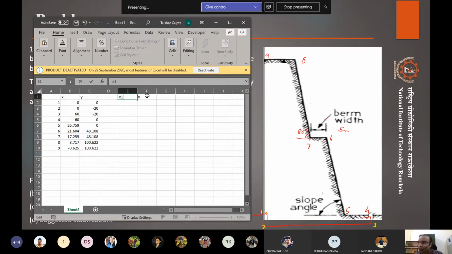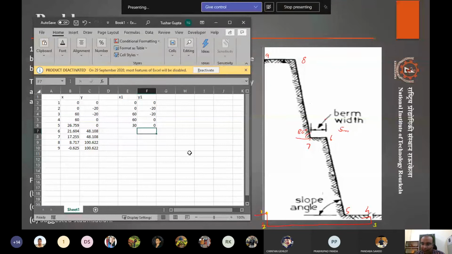This one are x1, y1. We are designing the slope again, right? So let's put these and put it here, right? And we are saying that let's keep this point as 30 and 0, right? So the fifth point is kept as 30 at 0, right? And what we know is that the 6th point is at an angle of 80 degrees and 50 meters ahead.